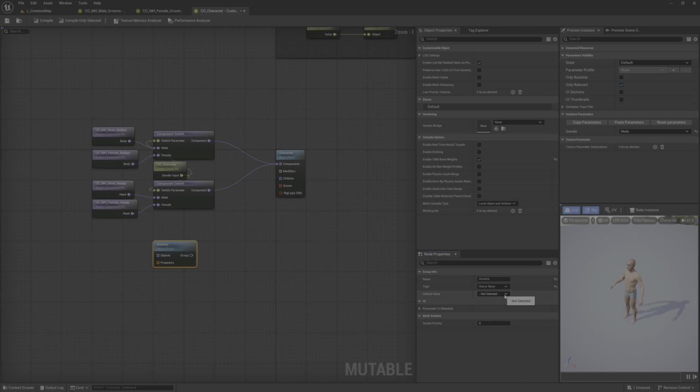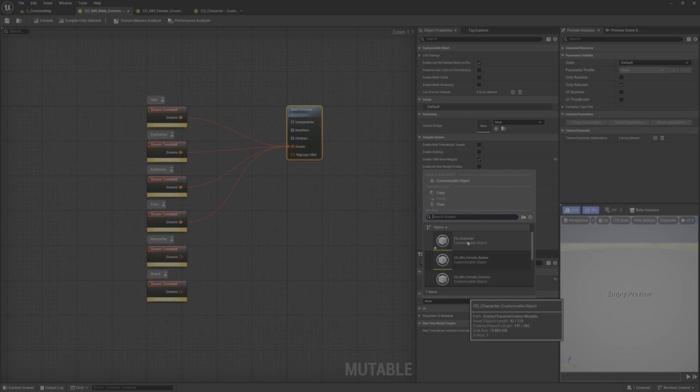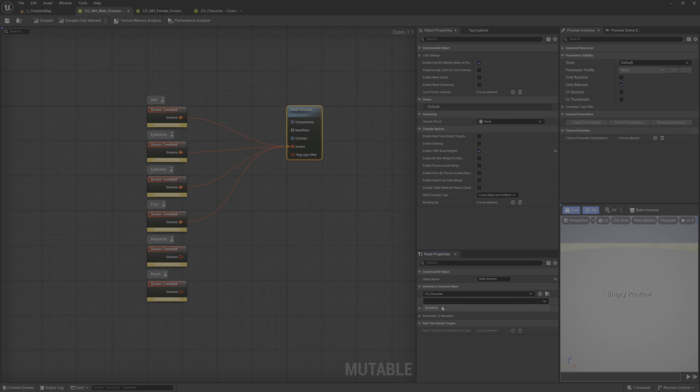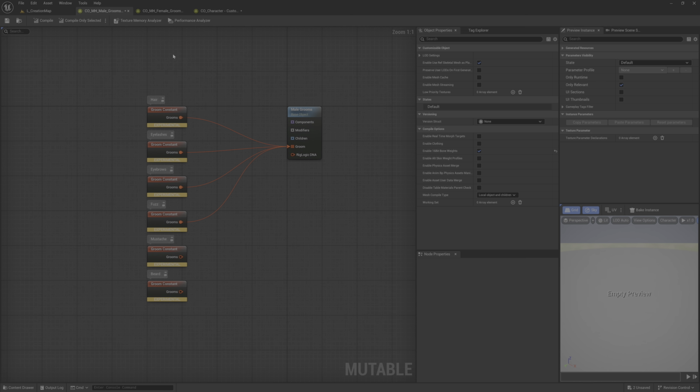Okay, the default value, we don't have a value yet. And here in our MaleGrooms, select this base object, and here select CO character and grooms. Okay, we're linking this object with our parent one, but we're doing it inside our MaleGrooms. It is a bit different.